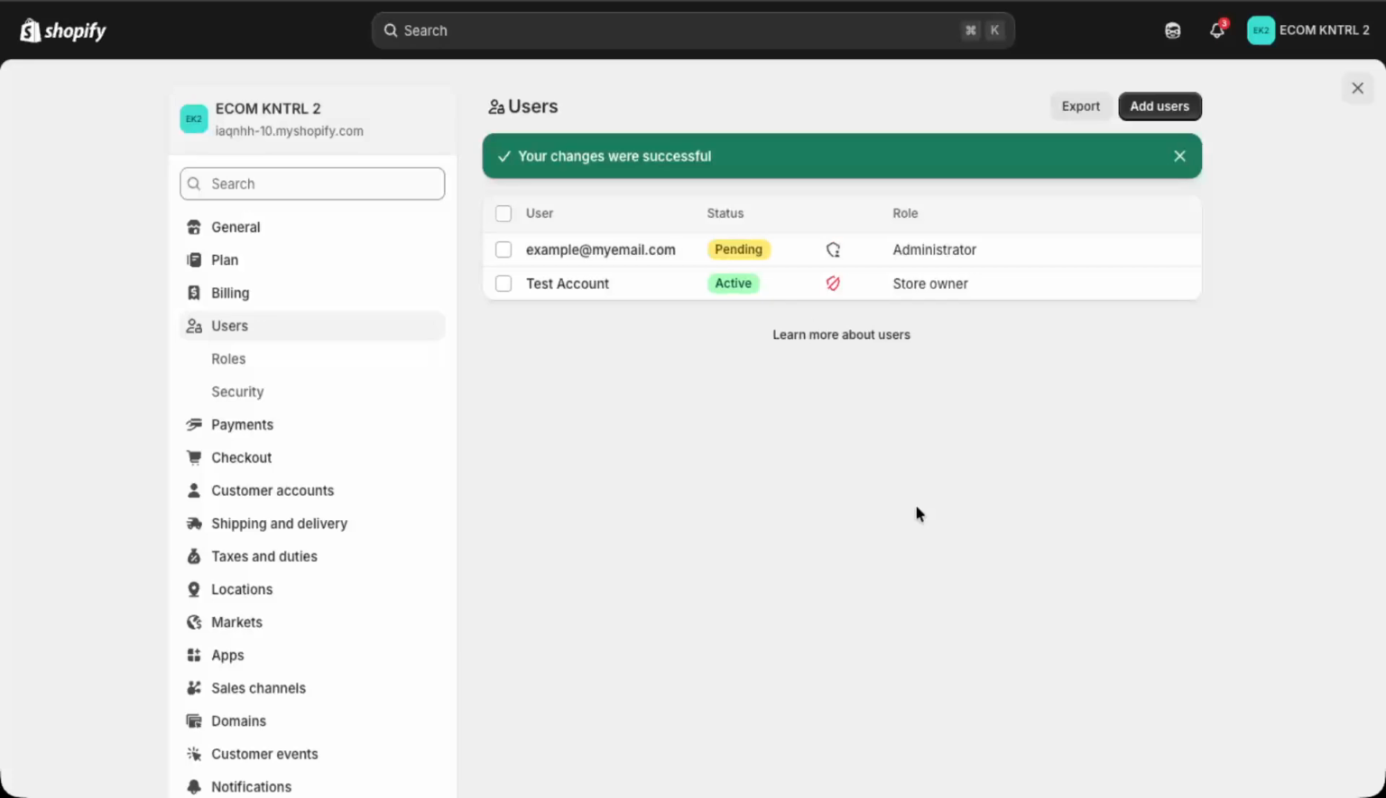If you go back to the users dashboard, you'll see the new email listed with a status of pending. It will stay in pending until the person opens the email and accepts the invitation to access your store. Once they accept, their status will change